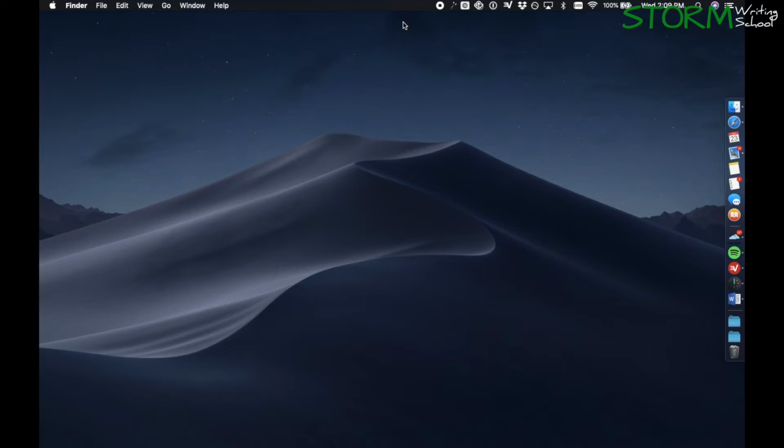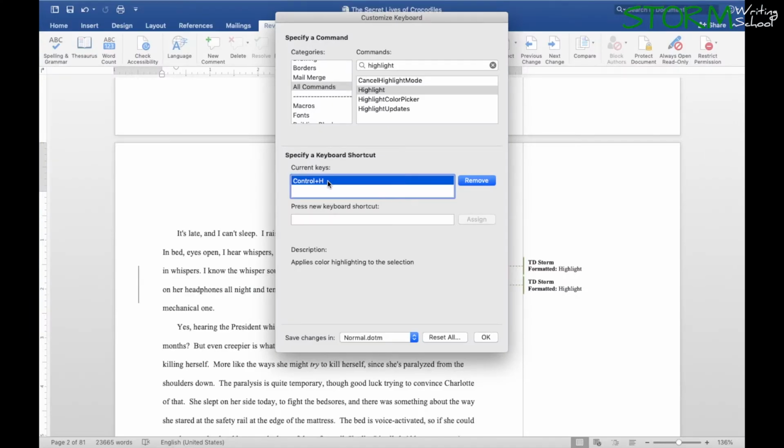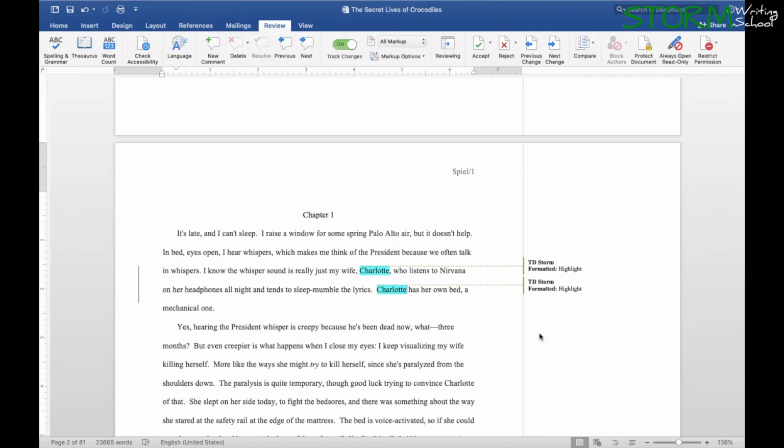It has freaked me out more than once. So if you're having trouble with something, just be aware that it might be that there's a system-wide shortcut. Some shortcut is already taken, and it might refuse to give you the one you want. One last shortcut I use frequently is Control N.